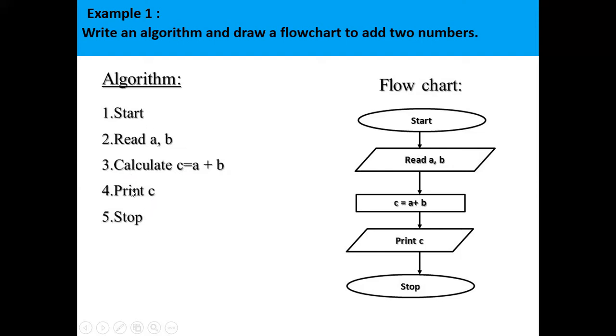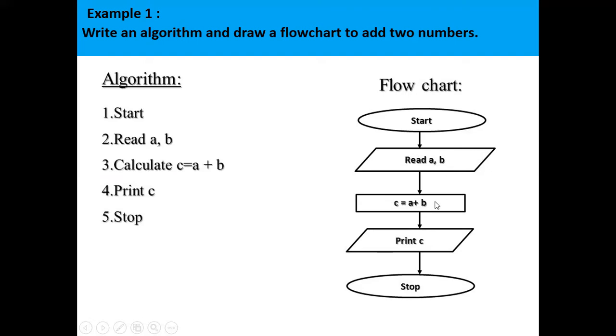This algorithm can be represented as a graphical representation. Here we are making use of different symbols to represent each step given in this algorithm. In this flowchart, first, we are going to start the program, so the oval symbol has been used here. Next, a parallelogram for read and write operations. Here we are going to read the values for the variables a and b.